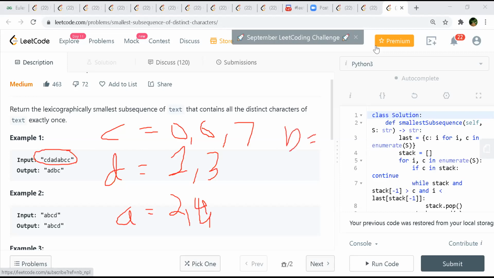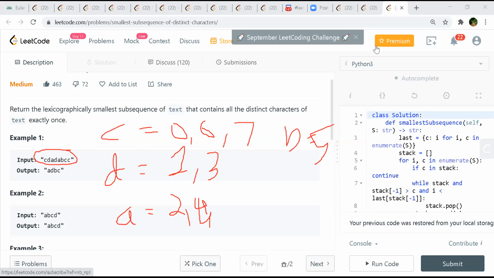Okay, so we have to form the lexicographically smallest one, right? So I have 4 options: C, D, A, B. Now, what do I pick? I can pick A because I'll have the rest of the string later on.